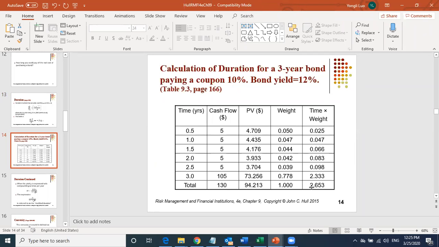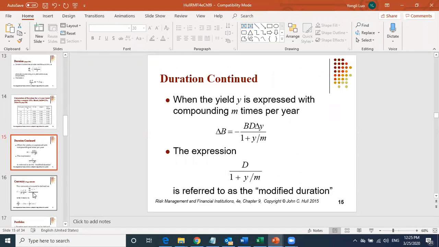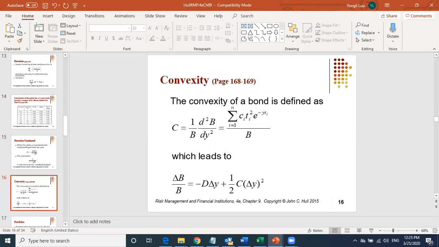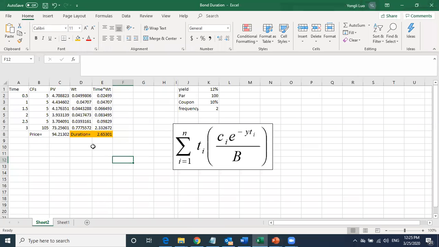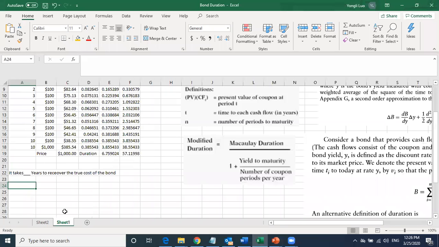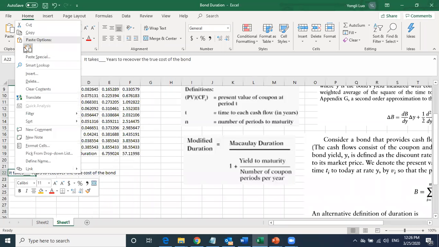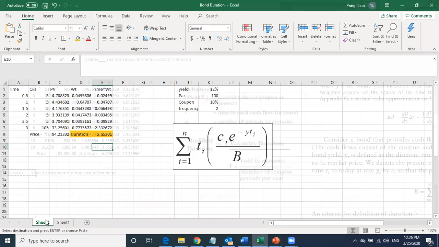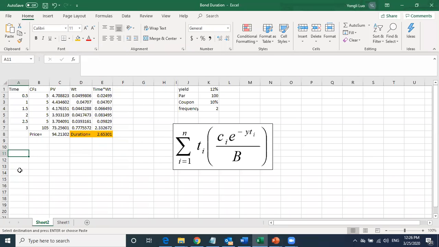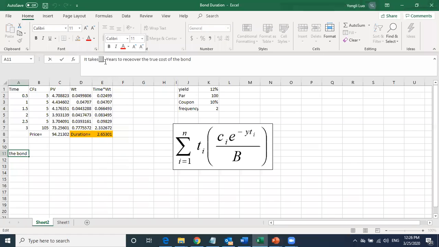Okay, so 2.65 is your duration. That's the one you calculate. So what does that mean? Can you interpret what that means? Okay, this is how you're going to interpret the duration. The duration is that it takes 2.65 years to recover